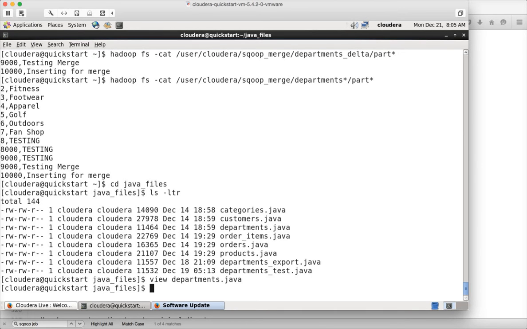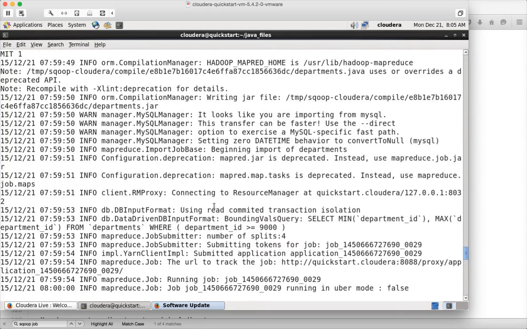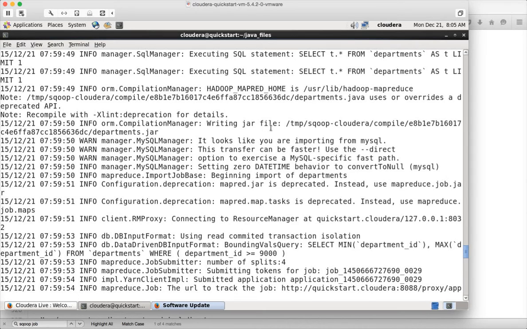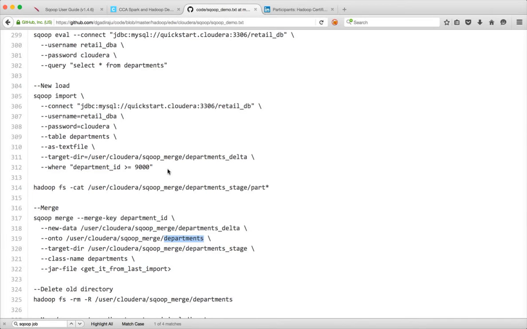It's just a simple Java object. And when Sqoop runs, before running it as a MapReduce program, it uses this Java file and builds the jar file. For example, when we ran the Sqoop import last time, if you look at the beginning, you can see that it is trying to create a jar file in this location. So you can use this location for the jar file, and the class name should be whatever table name you are using for the import. If you use a custom name, you can specify that name, but typically it will be the same as the table name. So I can safely copy until the jar file, not the path,